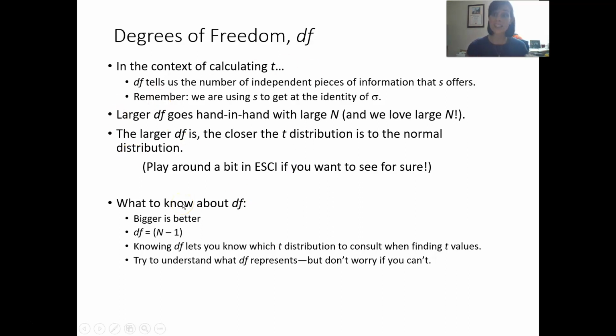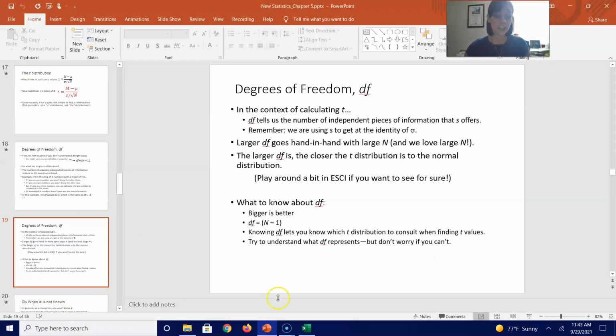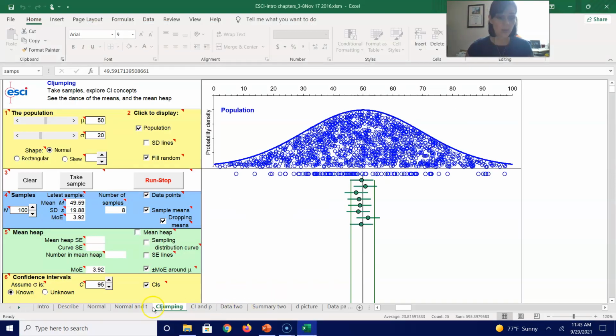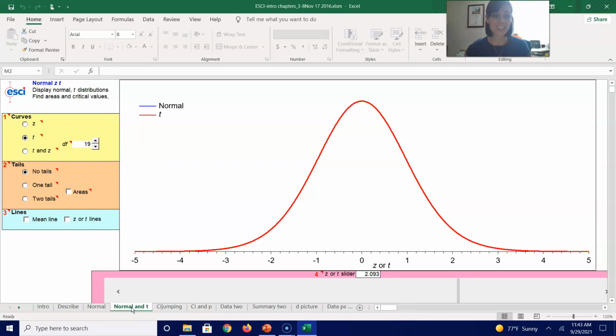And if you want to see this for sure, you can actually check this out in Esky. So if I go to the normal and t distribution, here's my normal distribution, and then I also am going to put my t distribution on that. You can kind of see that there's some difference here between the two. Now, notice if I put 5 degrees,